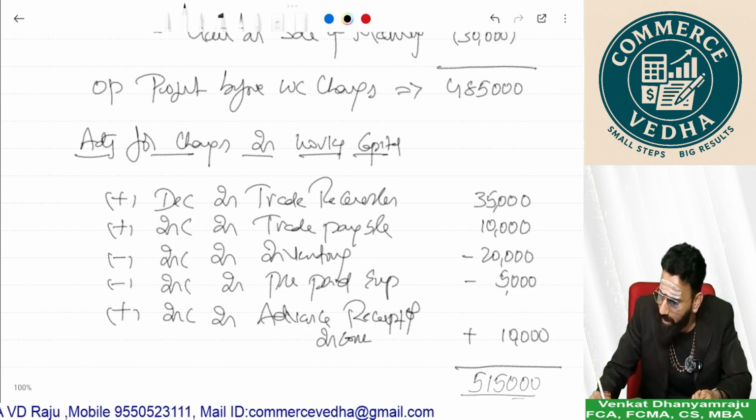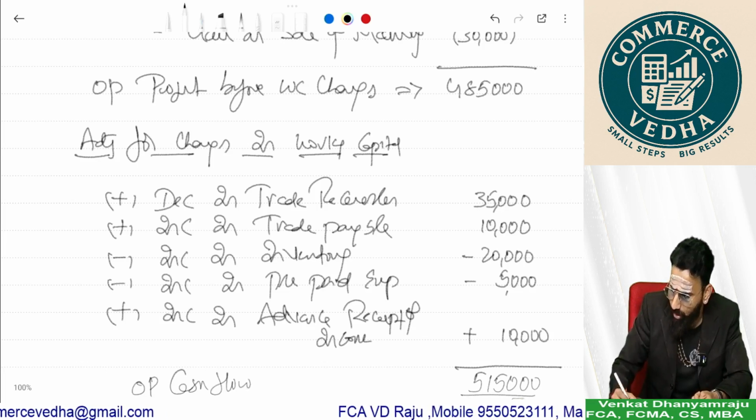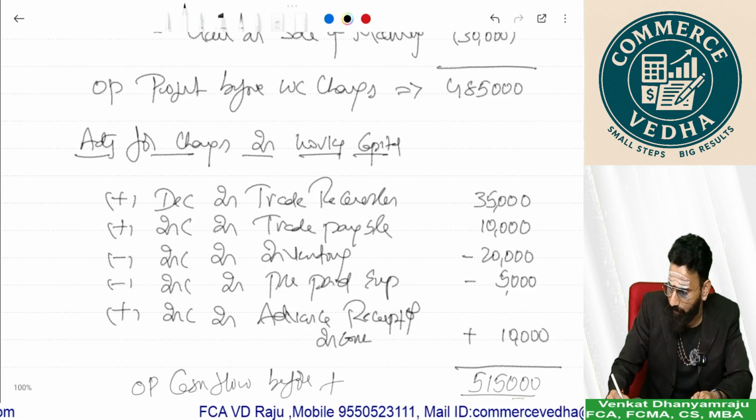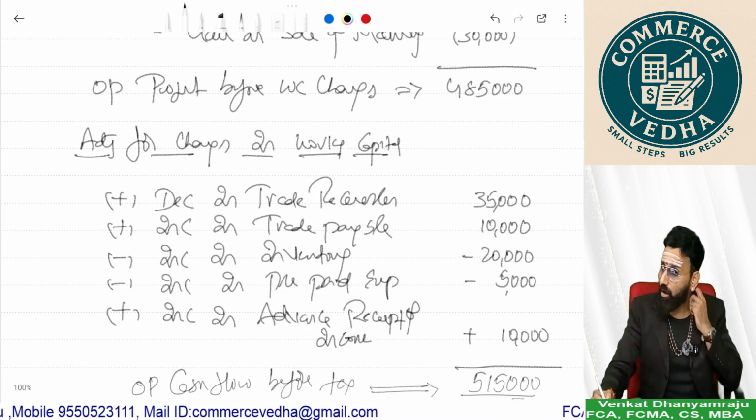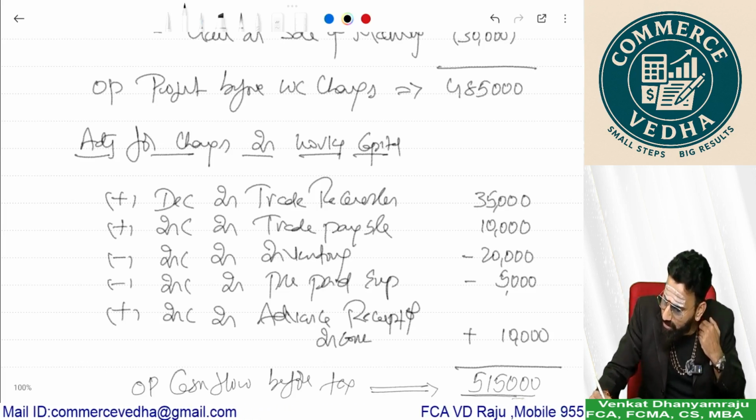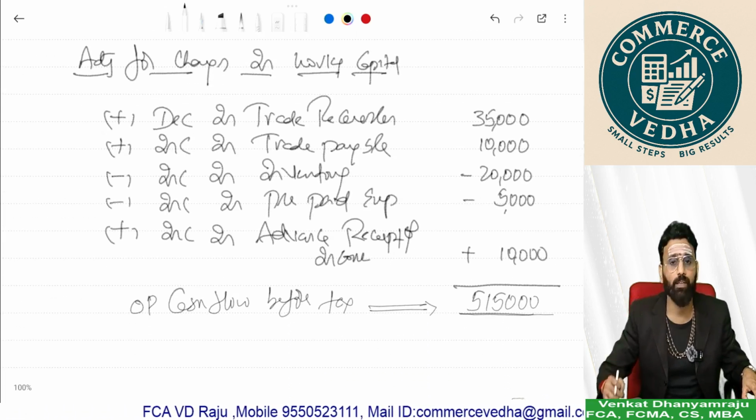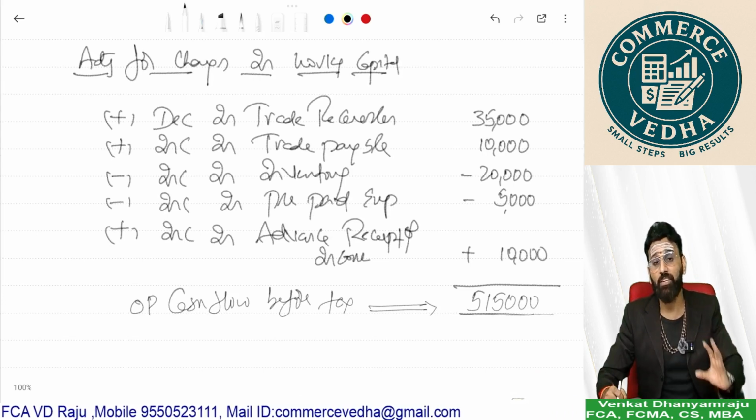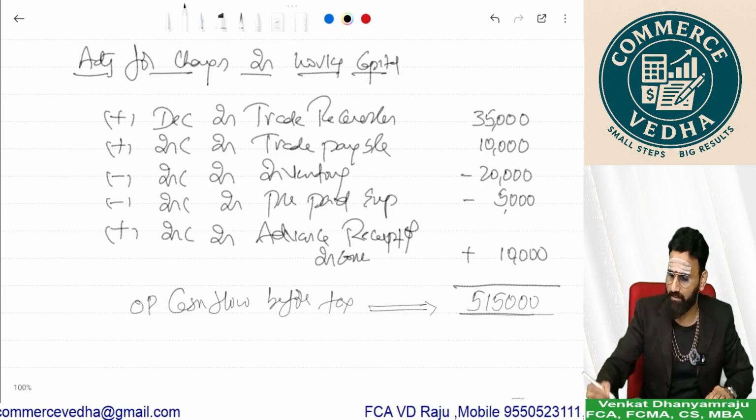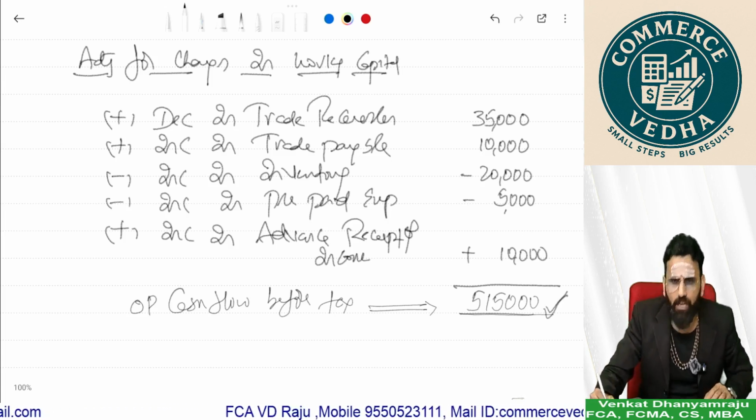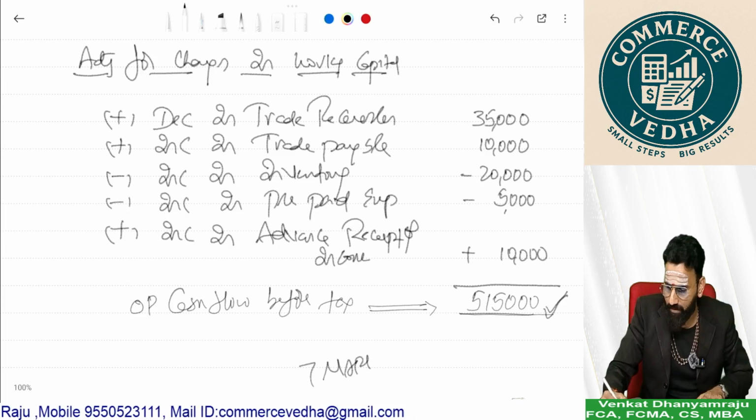So my overall operating cash flow before tax is 5,15,000, which is what they asked. In this question, tax is not given. If tax is given, we should deduct the tax from this to see what is net cash generated or utilized from operating activities. So the answer can be done in very quick pace to score 7 marks for this question,